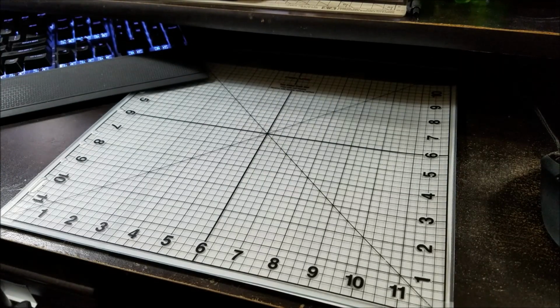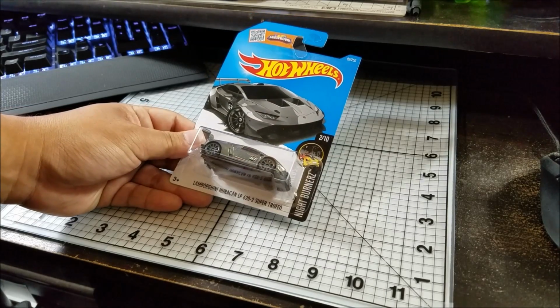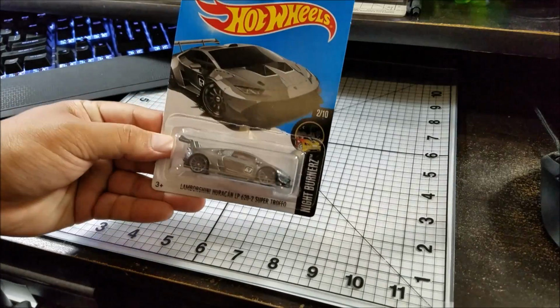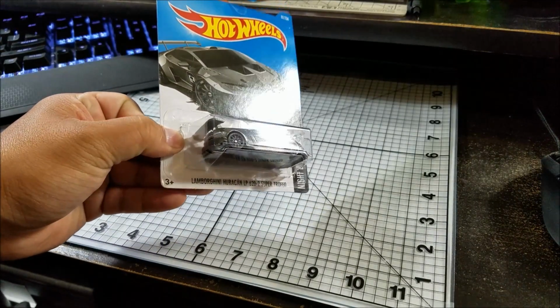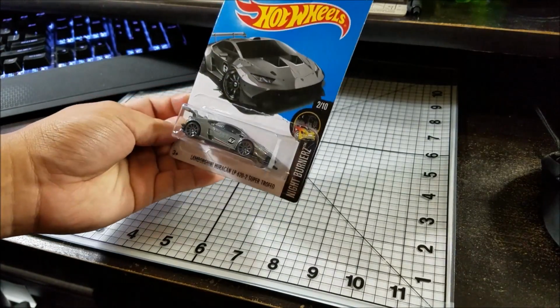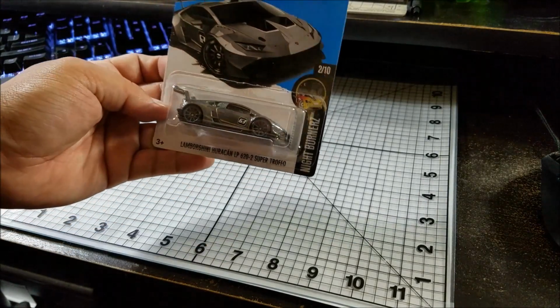Alright. Next one is the Lamborghini Huracan LP620-2 Super Trofeo. And this is another one of those cars that they race in, I think, in the GT Championships. This is also in Blancpain. Not in this particular color, but pretty nice casting. Okay,